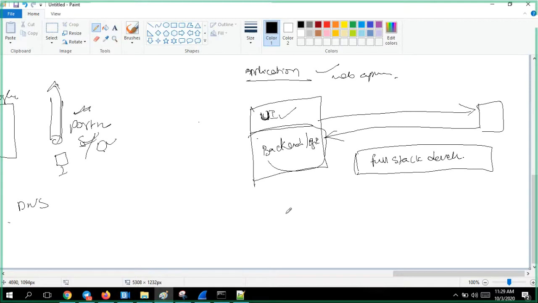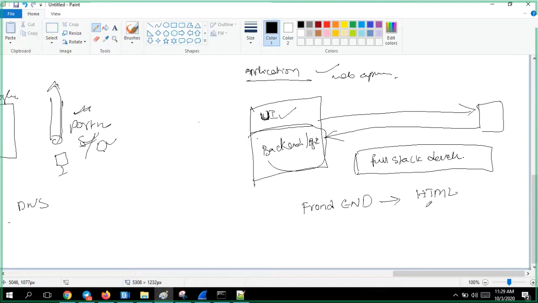So first, for any web page or any application you develop, you should have a front end. HTML is a front end. Front end means whatever the web page has to display.